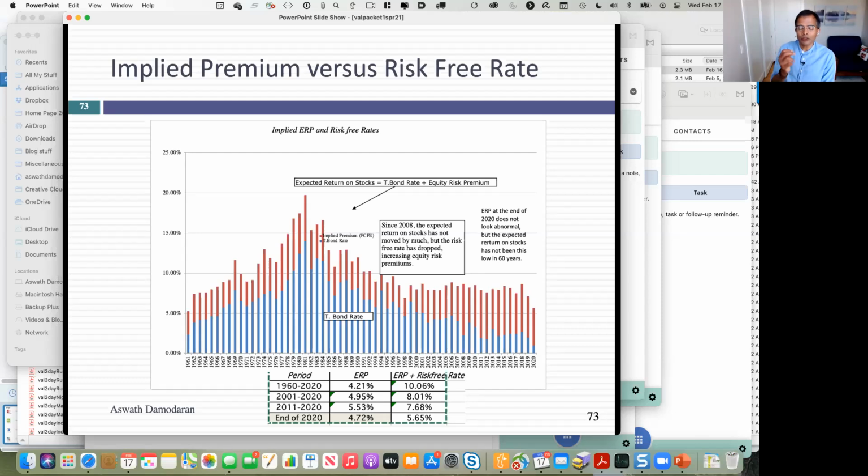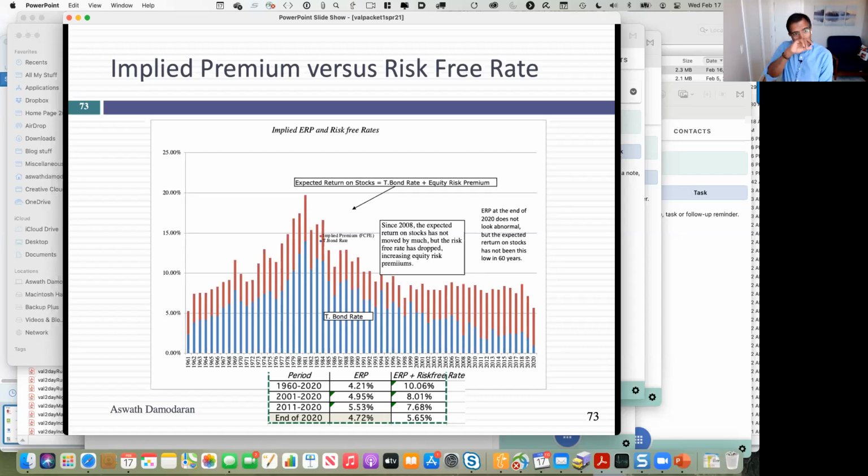But what the advantage of the implied premium approach is, you can pick your poison and say, this is what I'm worried about. Let me stress test it. So maybe your worry is cash flows. Go into the calculations and say, hey, what if cash flows drop by 20%, 40%, 30%? What would I earn as an equity risk premium? Because it then isolates what you're most afraid of. If it's cash flows falling, then what you should be watching are earnings reports and cash flows coming out of those earnings reports to see signs of an incipient collapse.